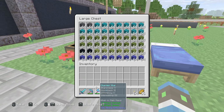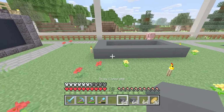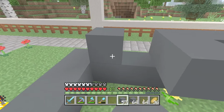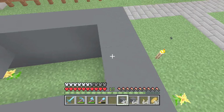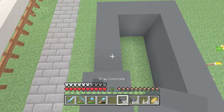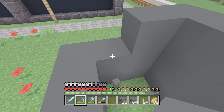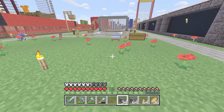Right. So I've got all the materials I need here. I'm going to start off with the feet. The feet is probably the easiest. Hello, Mr. Piggy. I don't want to get you trapped in there. So if you want to quickly get out and I'll quickly build this up. So the shoes are going to be 2 blocks high with a 3rd block here, and then all the way back here. Right, so the legs are going to be 12 blocks high, including the feet. So this is 2, hypothetically. It's going to be 3, but...